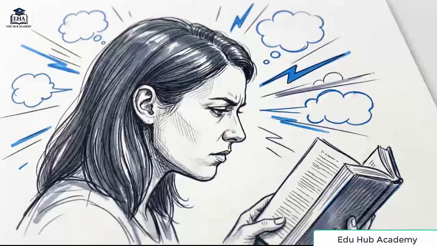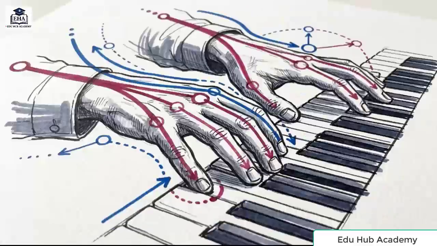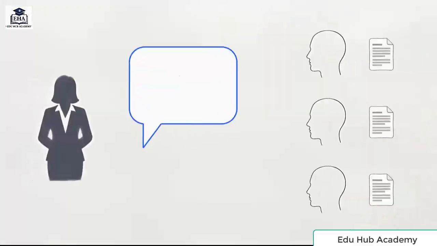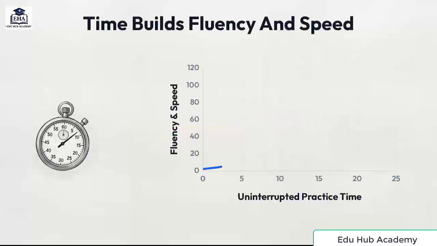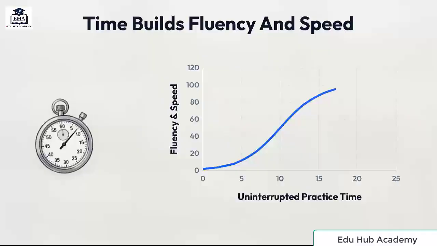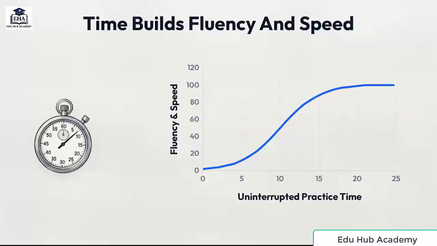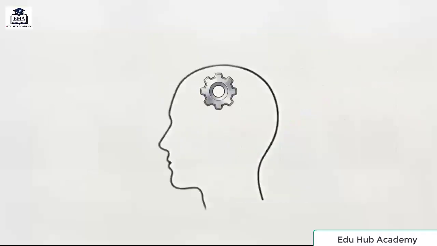Reading is an individual skill, similar to swimming or playing an instrument. It cannot be acquired by listening to an instructor's verbal explanation. It requires sustained, uninterrupted practice time to develop the necessary fluency and speed. Cognitive reading strategies only activate when two prerequisites are met. The student must have a genuine interest in the topic, and they must possess a baseline recognition of the language